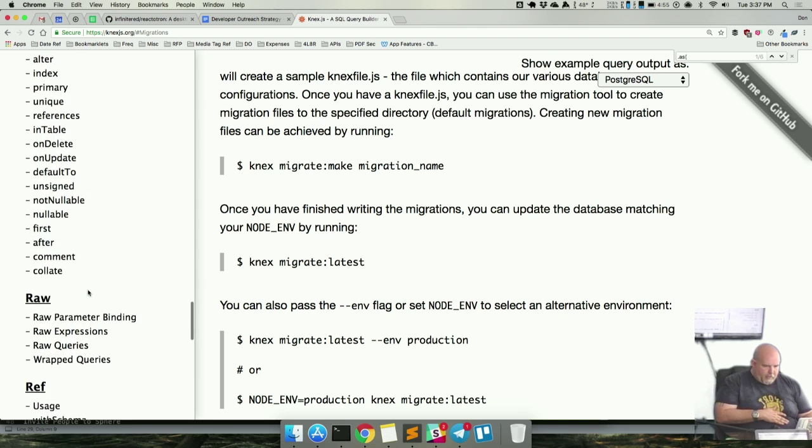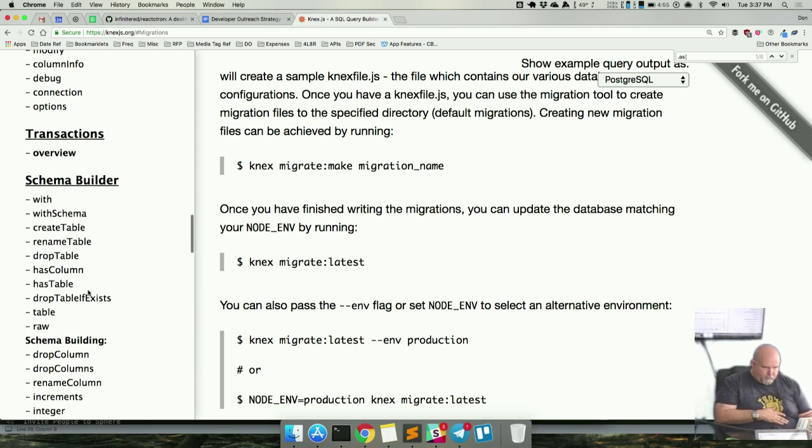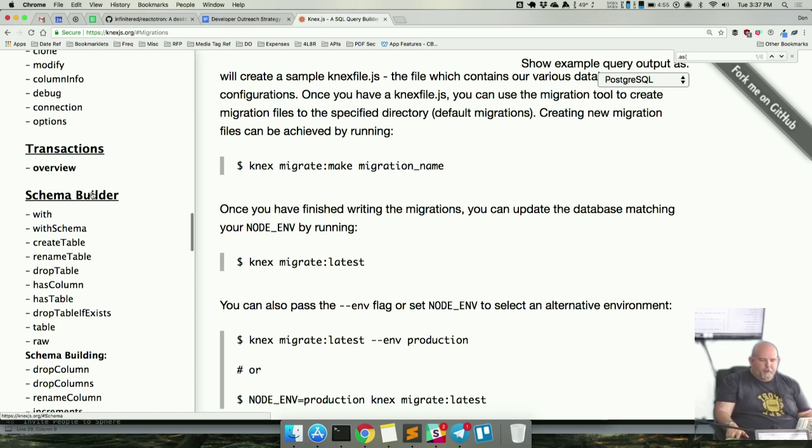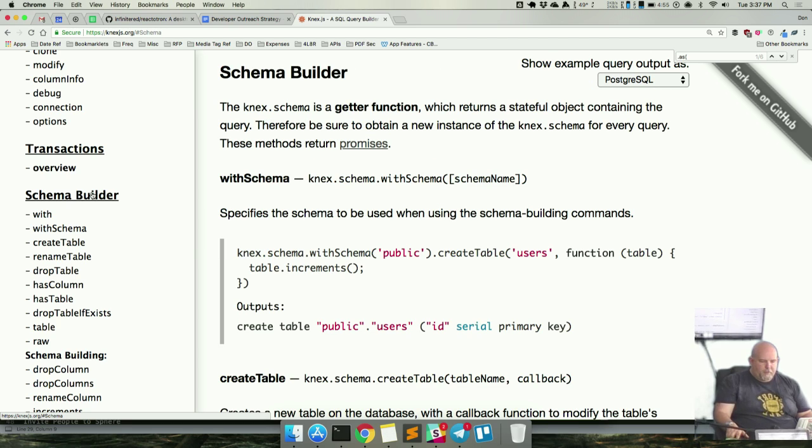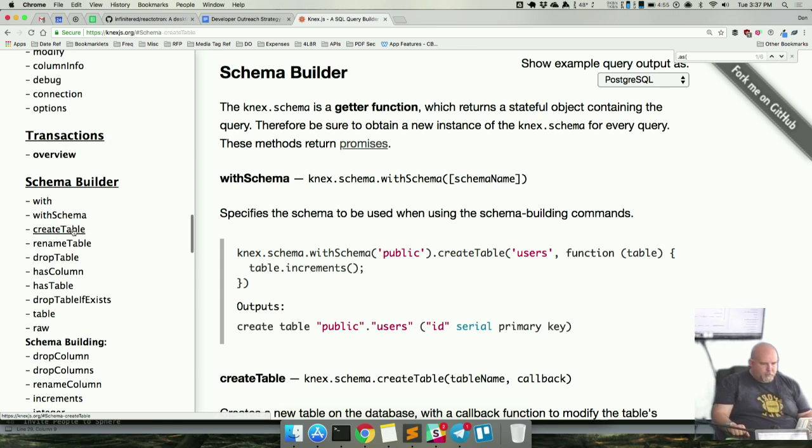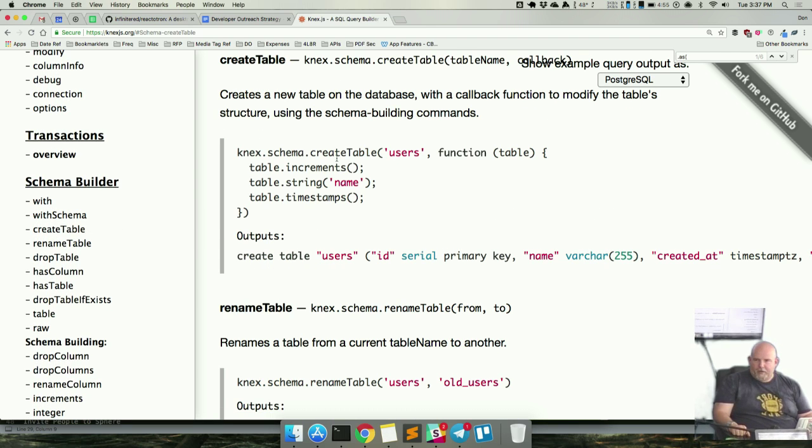If we look at, where did it go? Schema Builder. Schema Builder gives us all of the commands to be able to create and modify schemas in our database. So for example, if I wanted to create a table, which is what this migration is for,